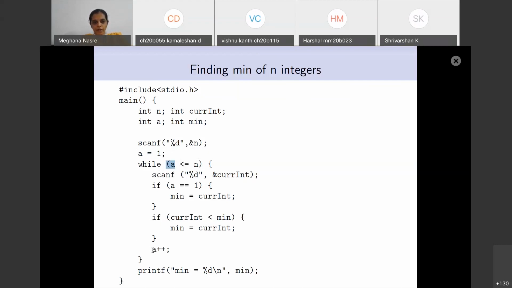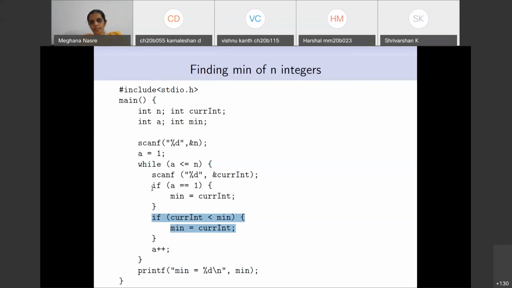I'm going to, of course, modify a in the loop, which is by this a plus plus. Every time I go into the loop, I want to scan the input and do something, which is modify the min if the current integer happens to be less than the current min that is there. But min has not been initialized for the first time. And that is what we wanted to do by taking one input outside.